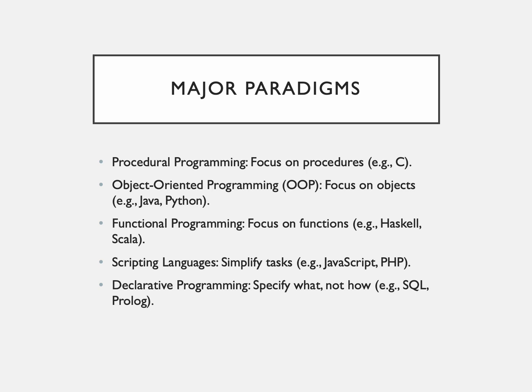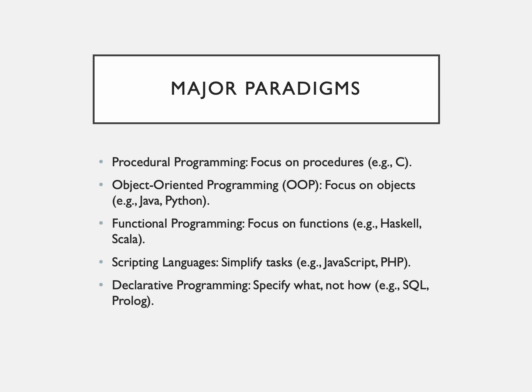Second is object oriented programming. As you are already familiar, object oriented programming revolves around objects, self contained units that combine data and methods. It's based on four main principles: encapsulation, inheritance, abstraction, and polymorphism. Languages like Java and Python are widely used in object oriented programming, and this paradigm is ideal for creating